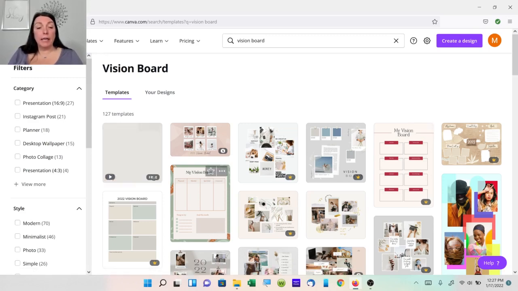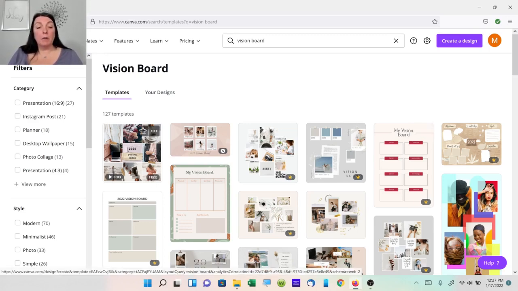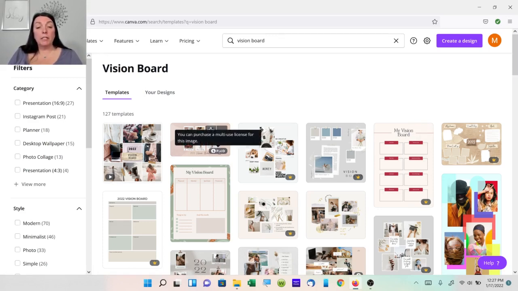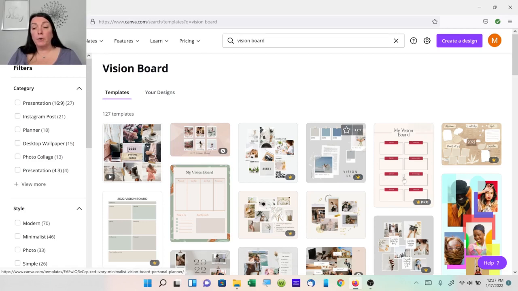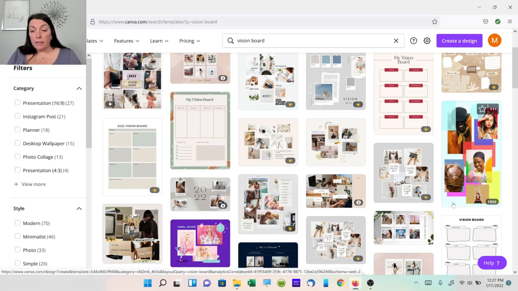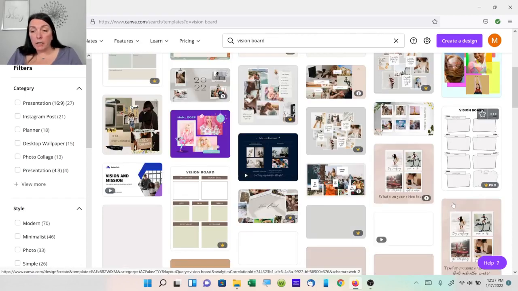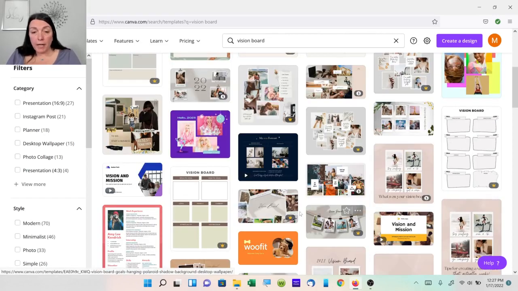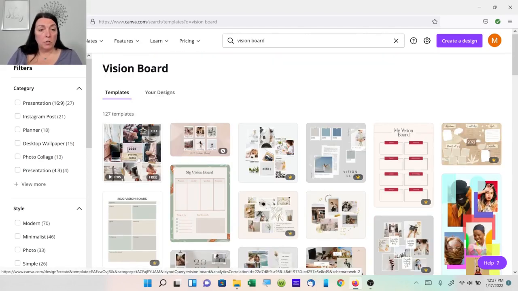So you can see at the bottom of the image, if you notice where it says free in the bottom right, this one is a paid, this one's pro. There are not many free templates to help us get started. But if you were to find one that you wanted to use, I'll just use this one up here at the top. So click on it